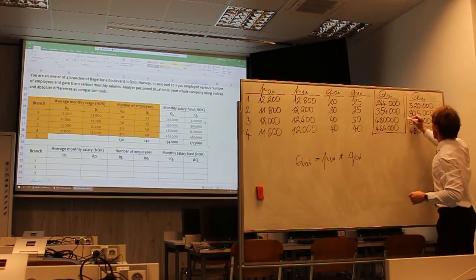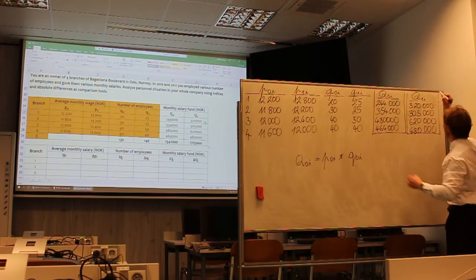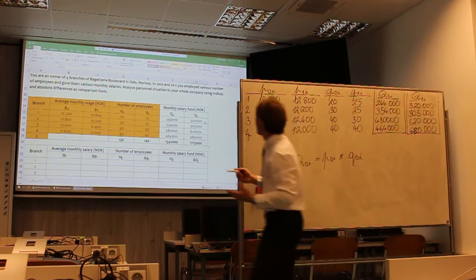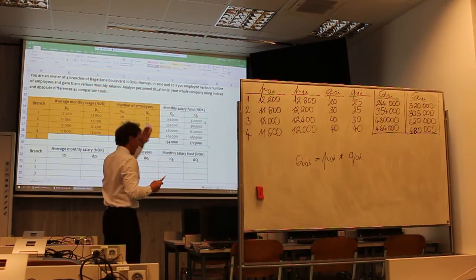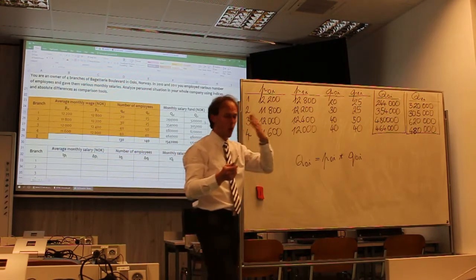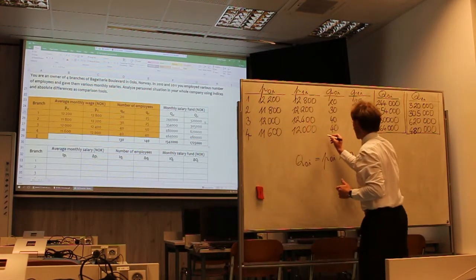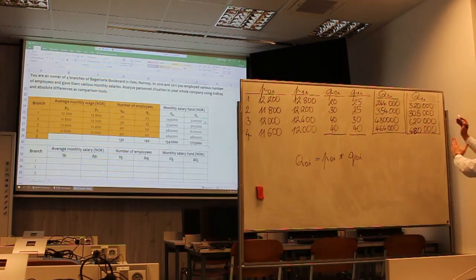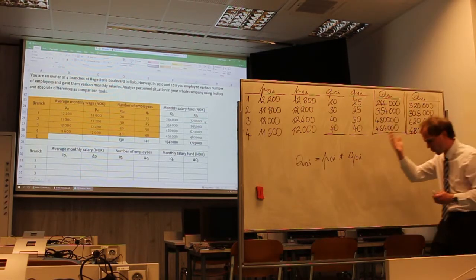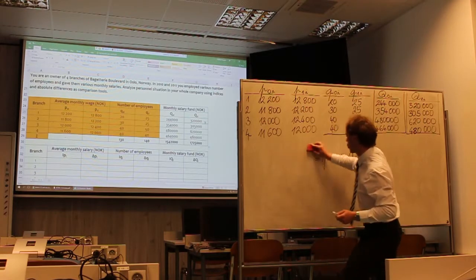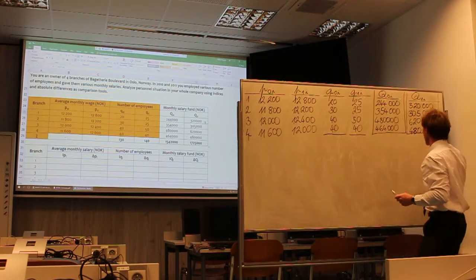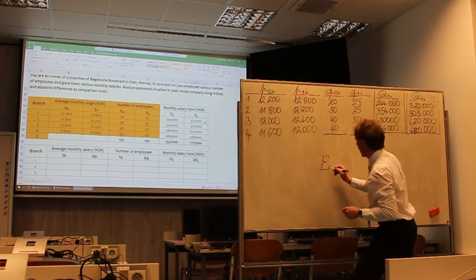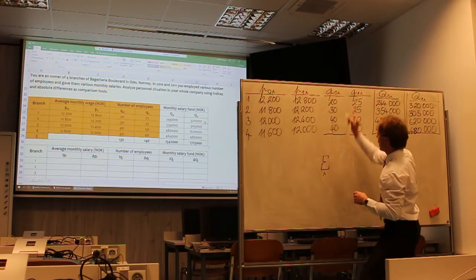480,000. Okay. So we have here development of monthly salary fund. Number of employees and sums of money can be represented by summation. Yes, it's possible. We can calculate here summation through all E